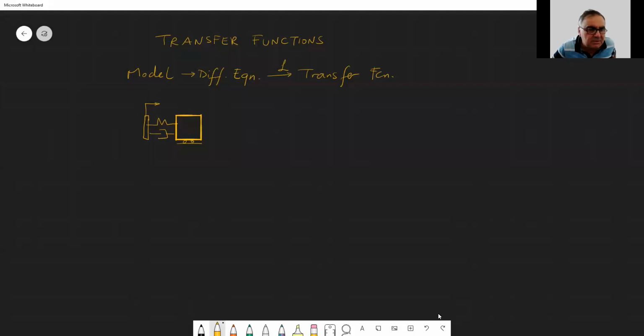So let's say we have a system where the input is y, the output is, let's say, x, with parameters m, k, b. As we know, the differential equation of this system is m x double dot plus b x dot plus k x equals